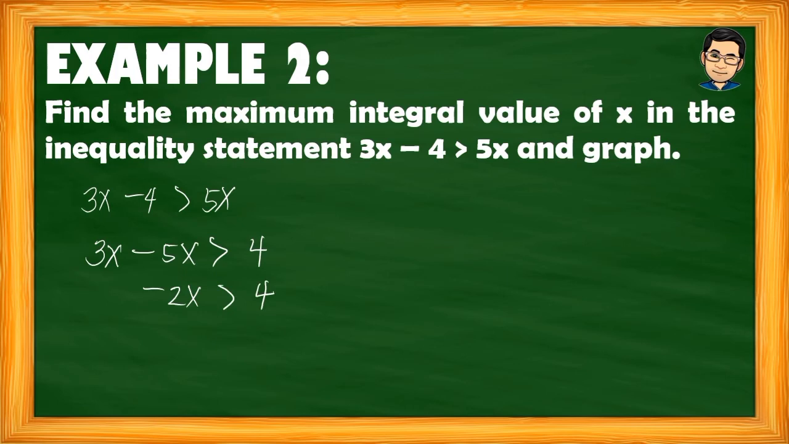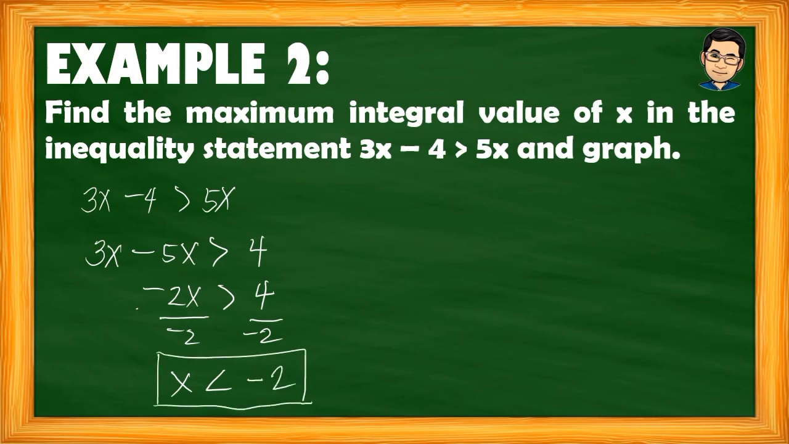So, ito yung sinasabi ko kanina na kapag yung numerical coefficient ng x is negative, and then kapag dinivide natin yung inequality dun sa negative na yon, mababago po yung inequality symbol. So, from greater than, it will become less than. So, 4 over negative 2 is negative 2. So, our solution will be x is less than negative 2. Now, to answer the question, what is the maximum integral value of x? So, kung ang sagot natin x is less than negative 2, ang maximum integral value of x is